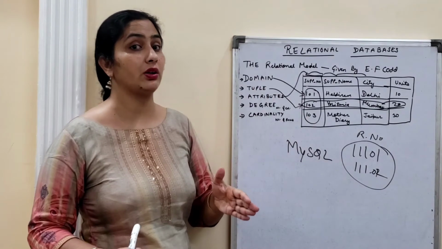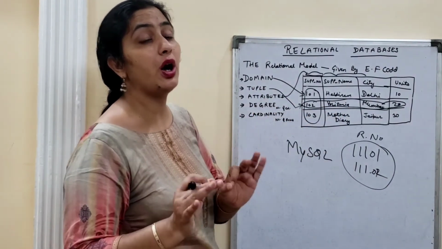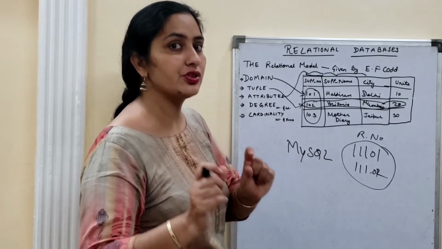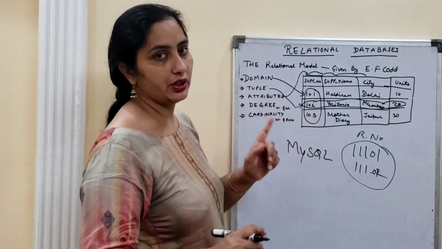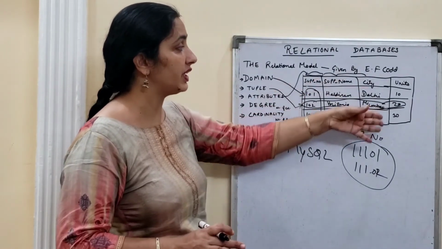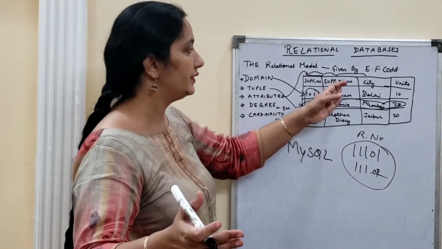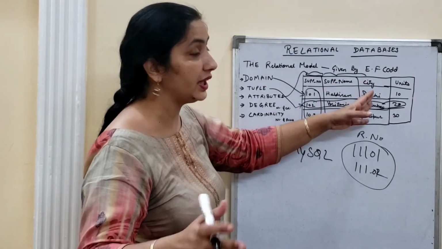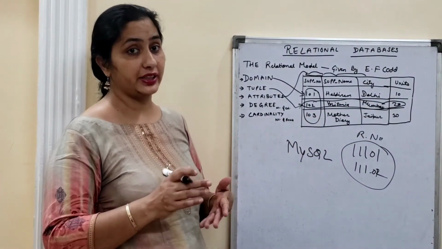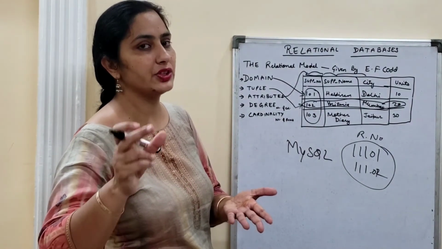All the rows and all the columns should be distinct. There should not be any kind of redundancy, any kind of repetition, when you are working on a database. Remember this. The columns which you are assigning should have some relationship. Like supplier number, it is understood that you are going to enter numbers here. Name of the suppliers. City, name of the cities. And units means how many units you are going to order of that specific item. So each and every column should define each and every data entry which you are making.